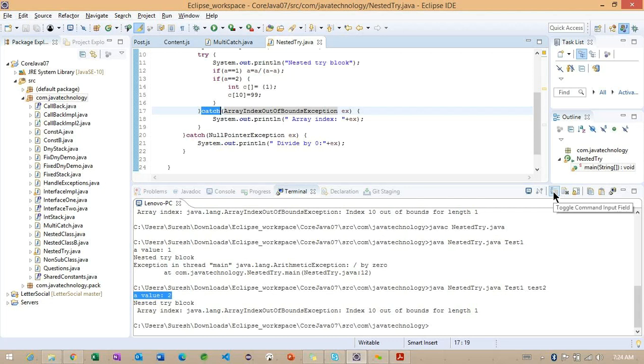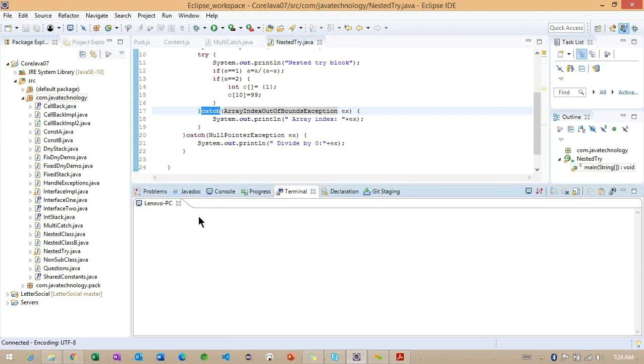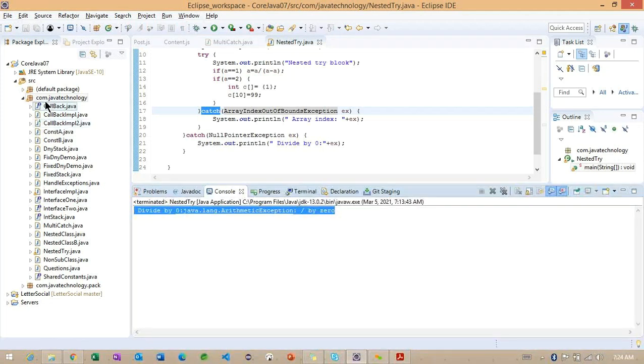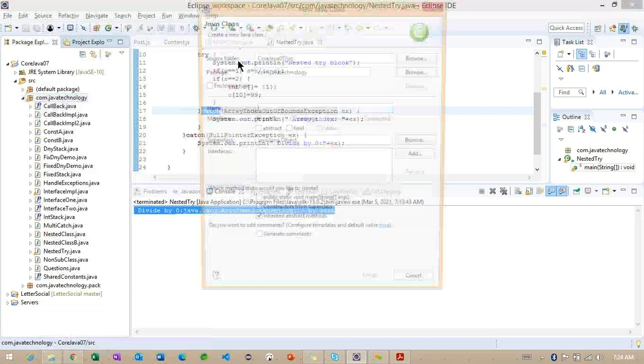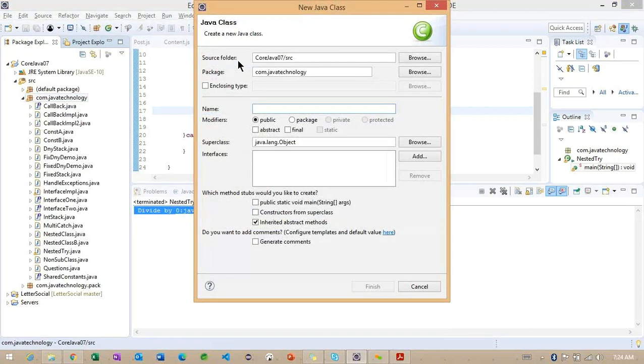A simple example here. Let me create one example regarding this throw keyword.